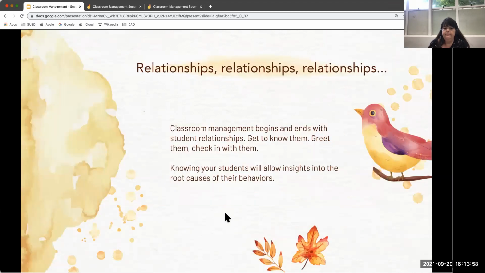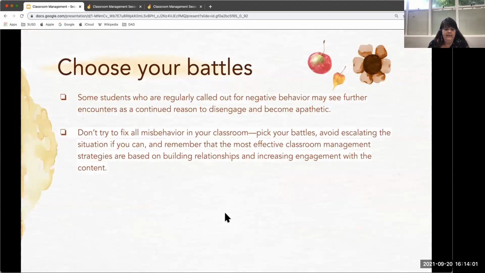Okay. So we were at relationships, and then choose your battles. Choosing your battles is really important because, as I mentioned before, there are some kids who are used to getting negative attention. They seek it. That's typically the attention that they get. And so they use that negative attention as a way to disengage, become apathetic, not like you, everything is your fault. So finding a way to connect with those kids is really important,